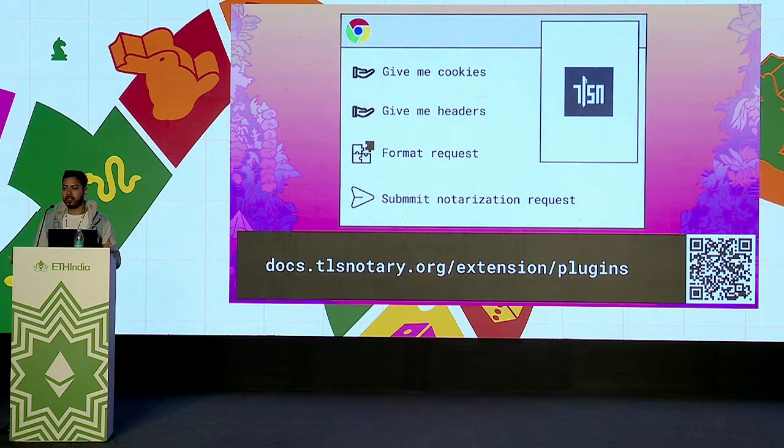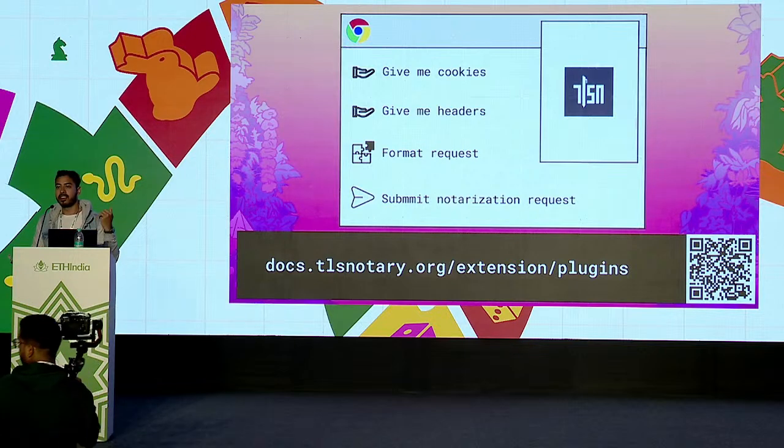So some theory on how the plugin system works: the TLSNotary plugin is a browser extension that takes the cookies and headers, basically reads your connection with the website, and based on that, helps you formulate proofs. And you have to make the plugins by yourself. The extension will have the request and headers. It will provide you all the tooling that you need to get the data from the website and generate a proof with it. But for each website, you have to write your own plugin. For example, if you are on Twitter and you want to prove that you own the Twitter account, you have to write a Twitter plugin for it.